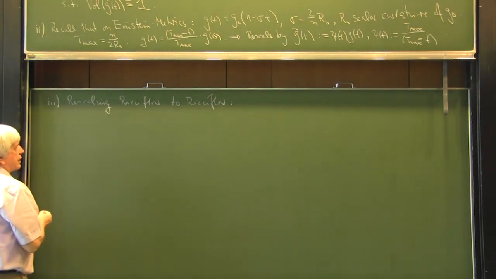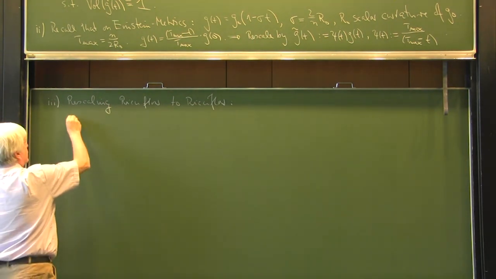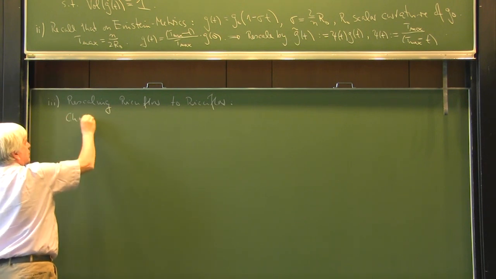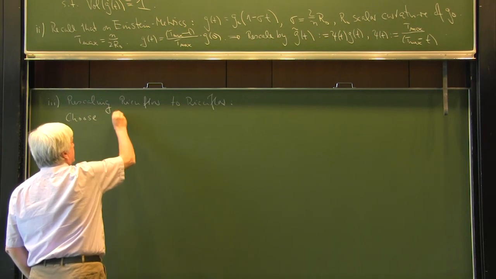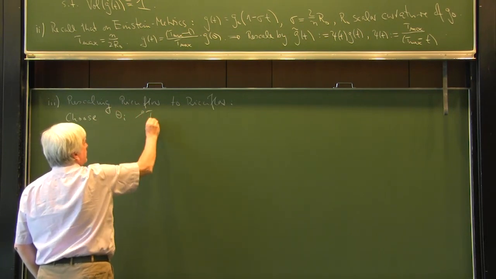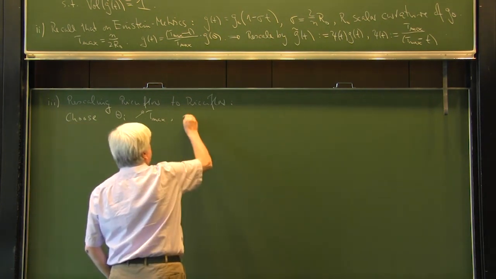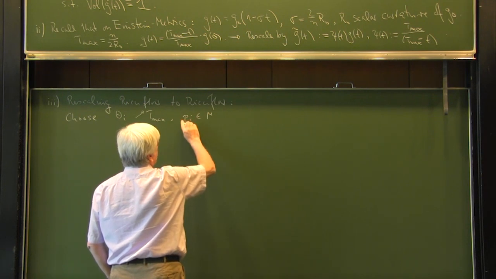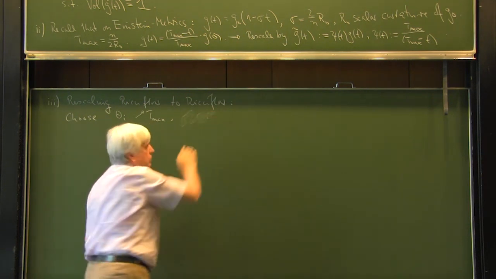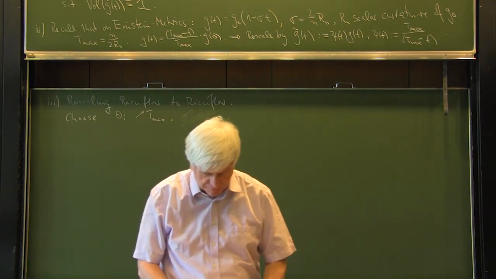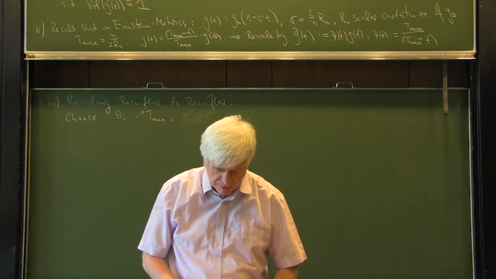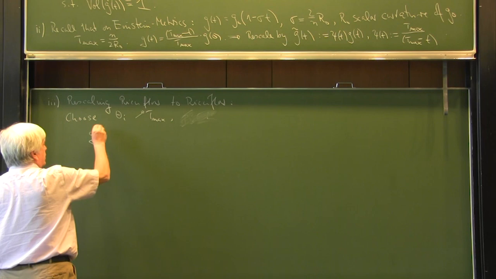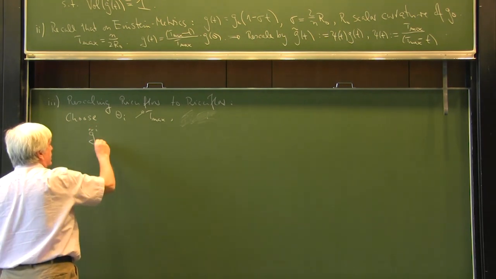And this could be done in such a way, for example: choose a sequence of times, theta I, tending towards the maximum time, and points pi in sine, not points. Take these factors towards the maximum time and just rescale the metric with these factors. So you take G tilde upper I KL